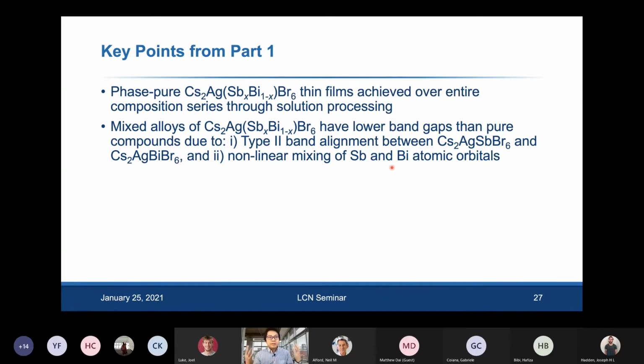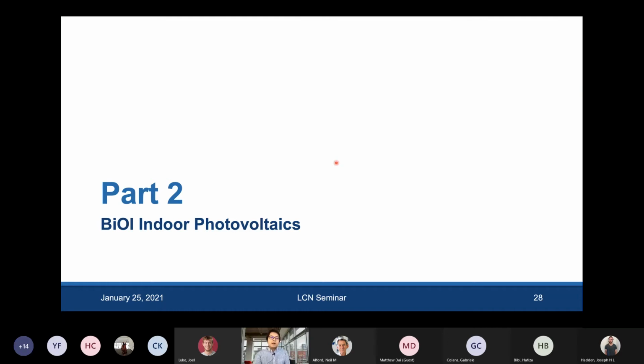And we think that this can be generalized. People have also found this effect with the lead-tin perovskite alloys. And we think that you can look at other double perovskite systems and look for these features to find alloys which could have a smaller band gap than either of the endpoints. And that, I think, is very important to lower the band gaps so that they're more suitable for light harvesting applications. So now I want to go to the second part, which is moving on to bismuth oxyiodide and looking